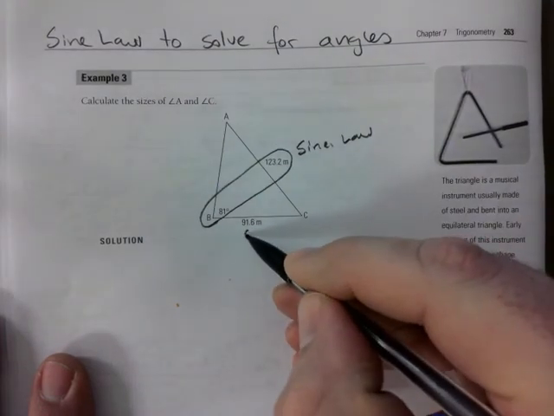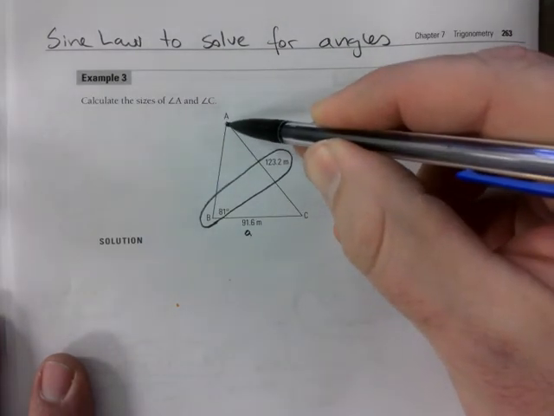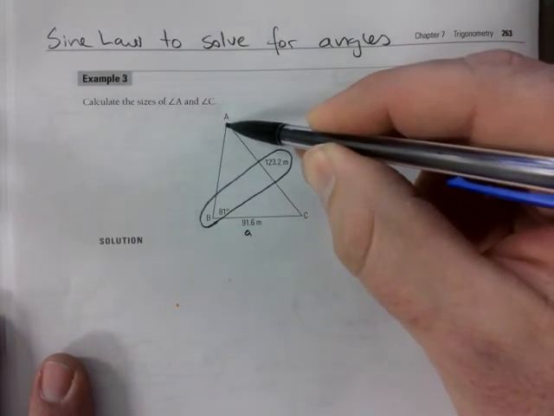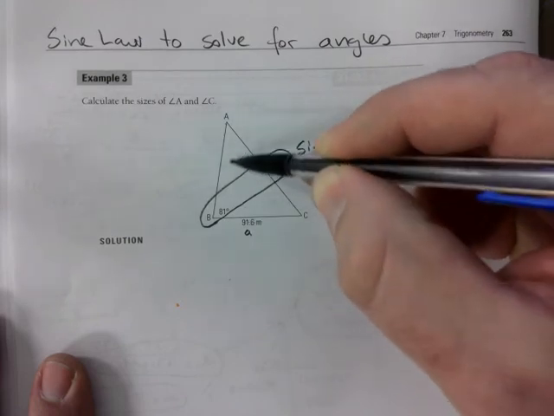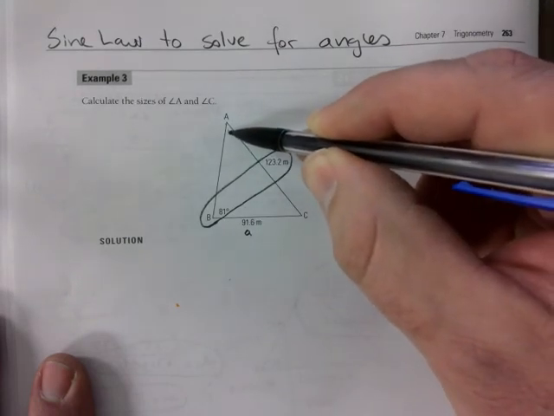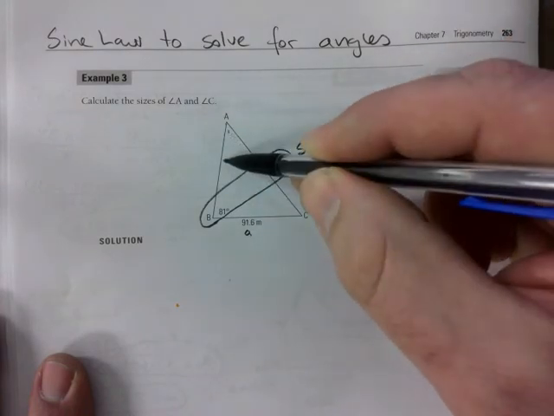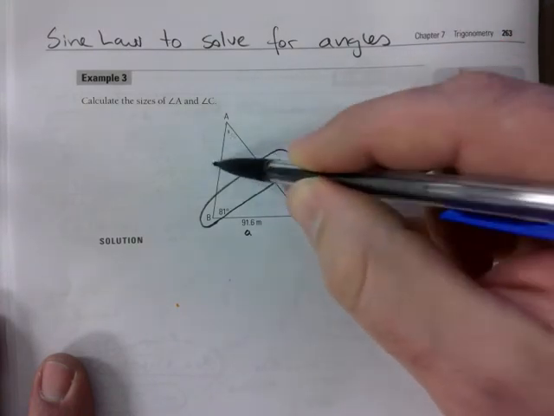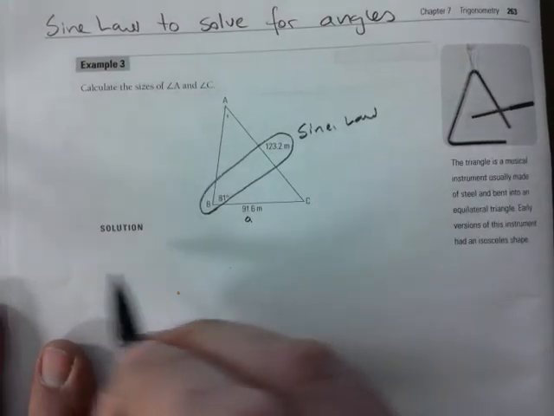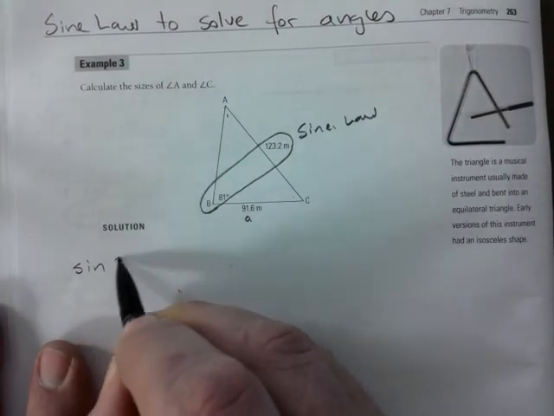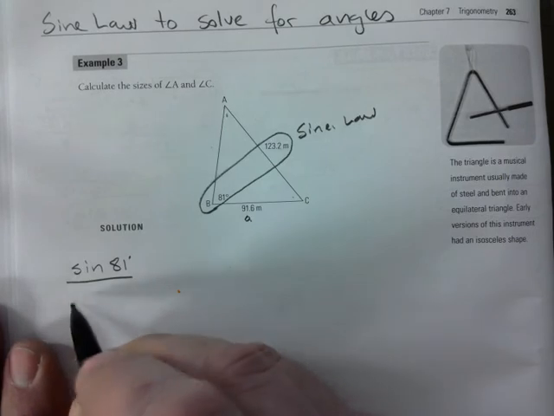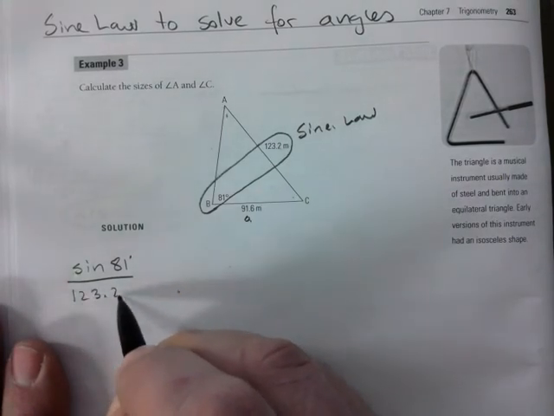This is lowercase a, by the way, because uppercase is there. This side is known, so the only angle you can start solving for is angle A. That's the only one because it's across from it. C is like nothing. You don't have the angle, you don't have the side. So let's start with our pair. Sine of 81 degrees over 123.2 meters